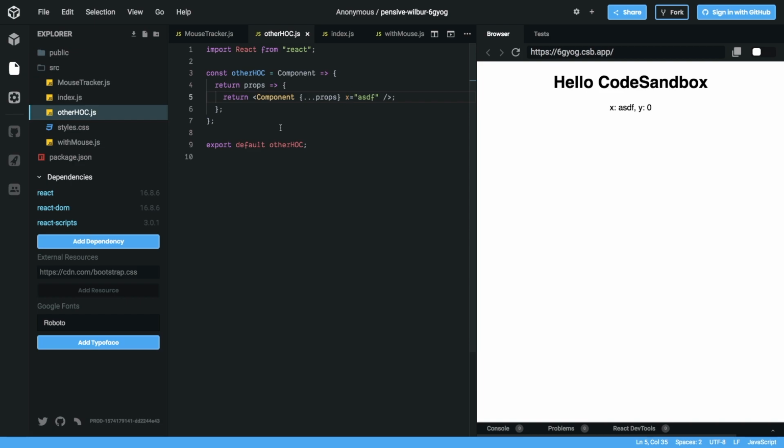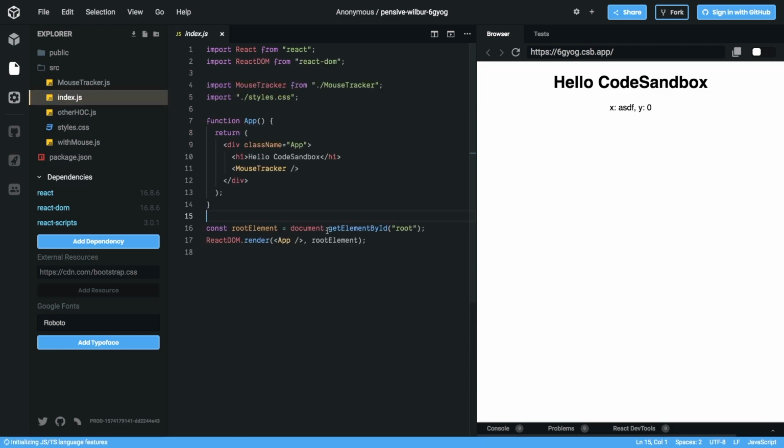Now, I must say that in a large variety of situations, render props are actually no longer the ideal solution. With React hooks being introduced, React hooks can now do what only higher order components and render props used to be able to do, but in less lines of code and in better syntax. But in any case, it's still worth knowing about higher order components, and it's still worth knowing about render prop